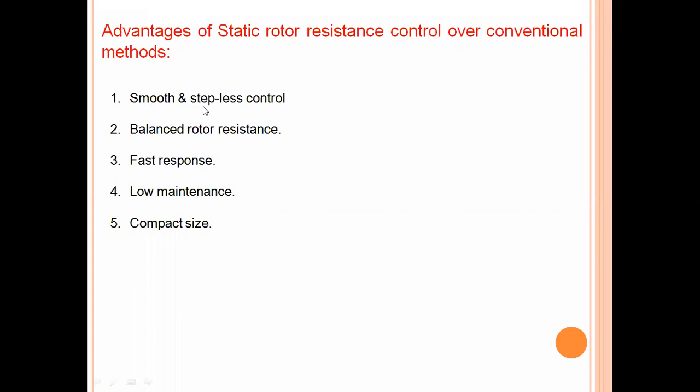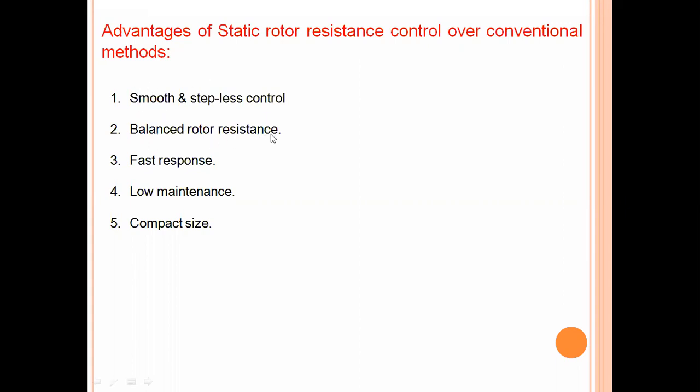a static resistance here, and we are not changing the resistance value manually. This effective resistance value is directly applied, which is a stepless value. Mechanically varying gives a stepped value, but electrically controlling by means of a chopper circuit gives a stepless value, which is very effective. That is one of the advantages.